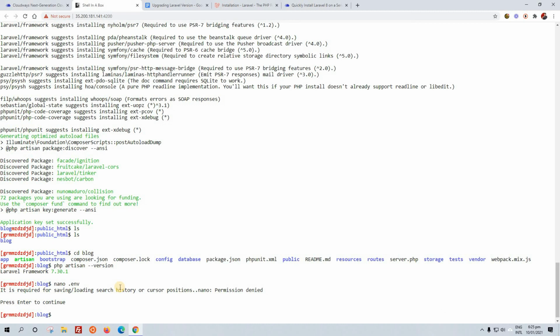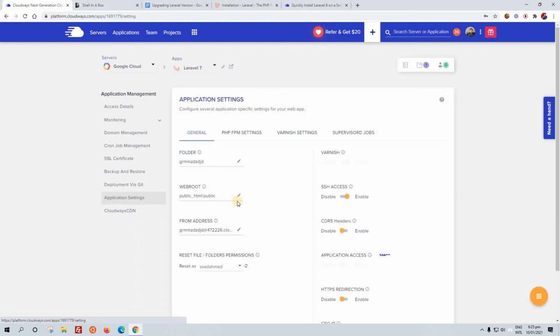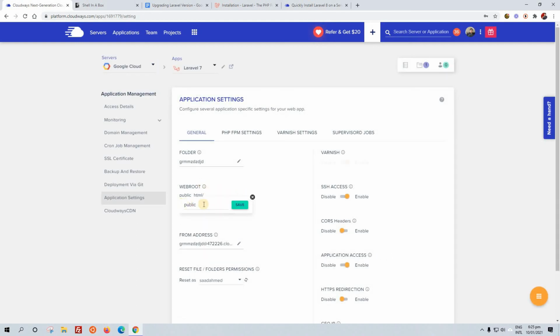That's done. Okay. The very last change is to go to the application settings, the web root folder, and there we have to enter our project name. What was our project name? Blog, and forward slash, and click on save.